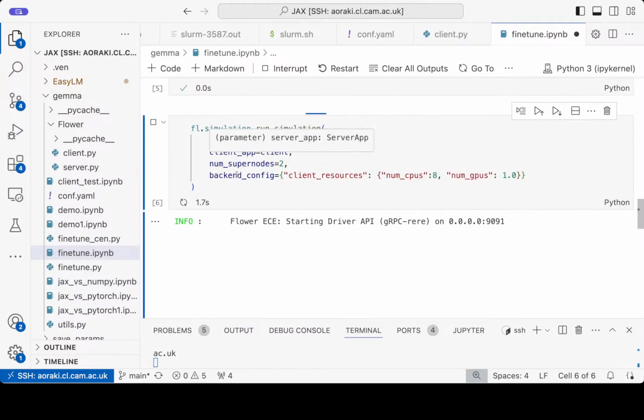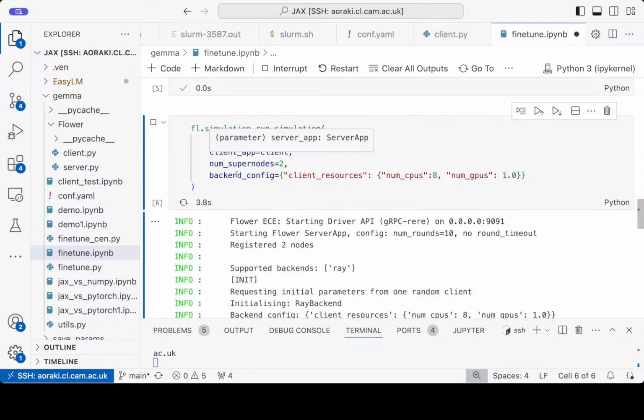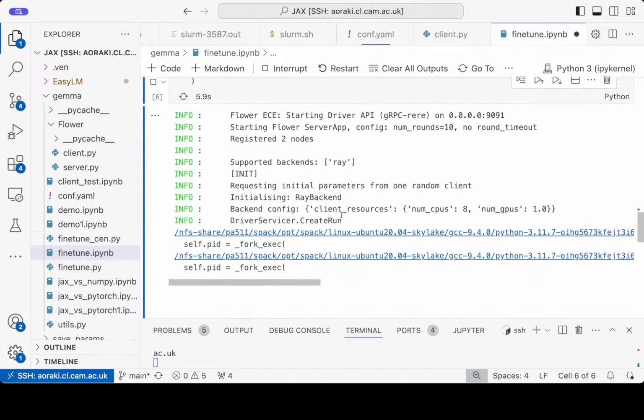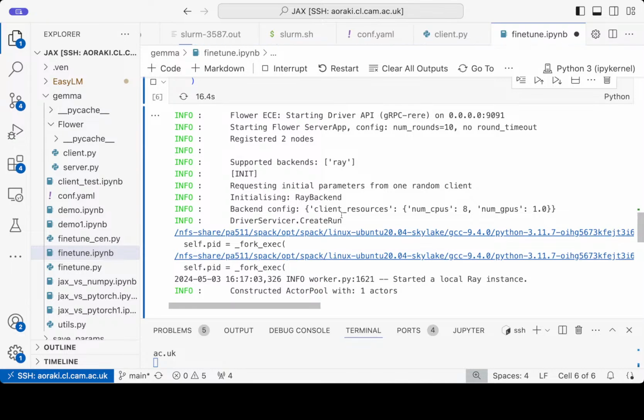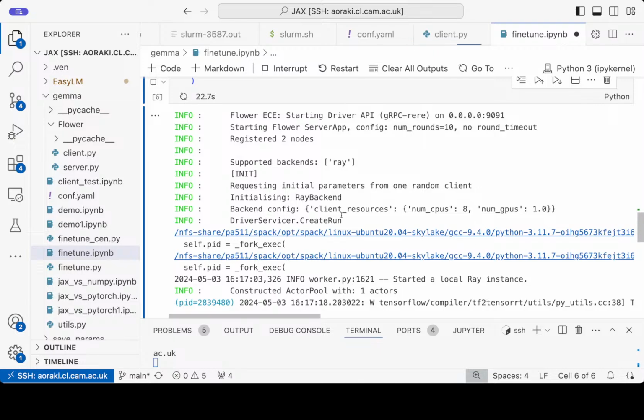and it starts running. It starts creating a simulation framework using Ray, it starts loading the model and it starts doing federated learning. So that's basically it. That's how you fine-tune an LLM using Flower Tune. And with that, you can alleviate some of the issues in large language models like Gemma, similar to the ones I showed you earlier. Thank you so much for your attention.